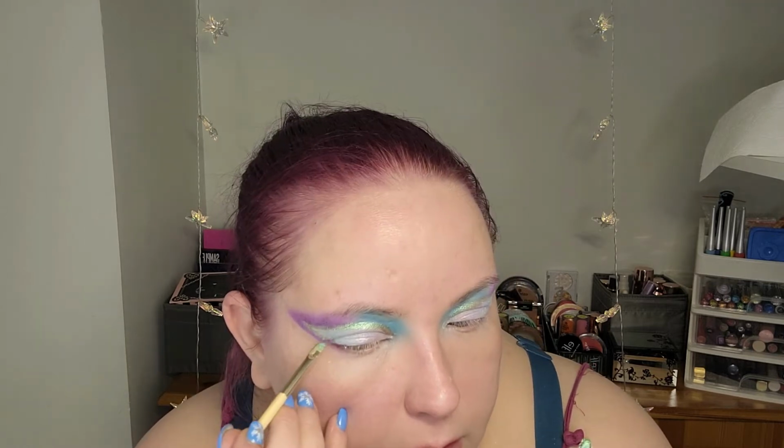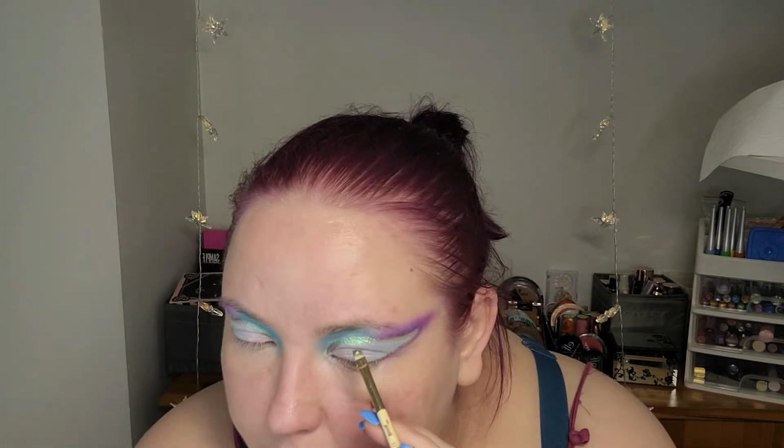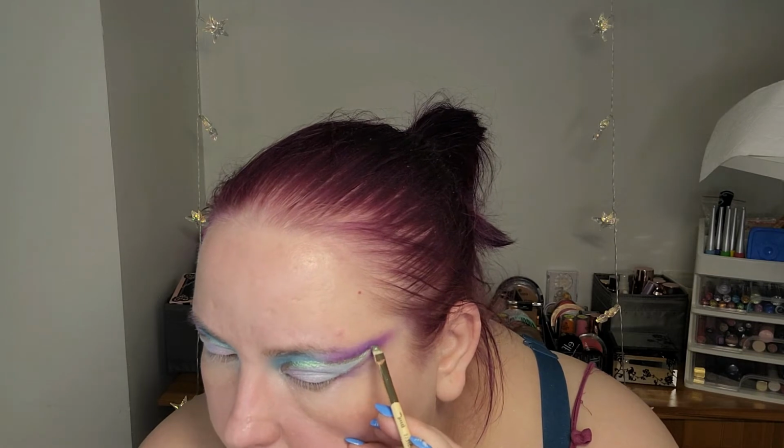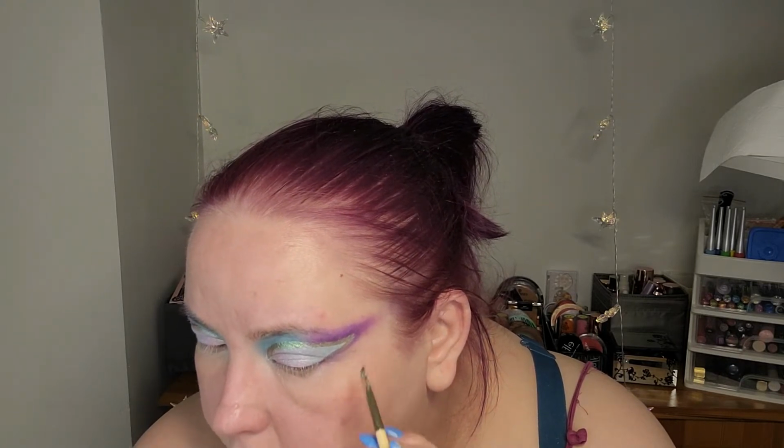And now let's do another round with the multichrome eyeshadow. Okay, that went too low. I'm starting to be a bit tired for this, even though I took a break. Maybe I should have waited till tomorrow. This side is actually quite low too. I'll let it dry, and